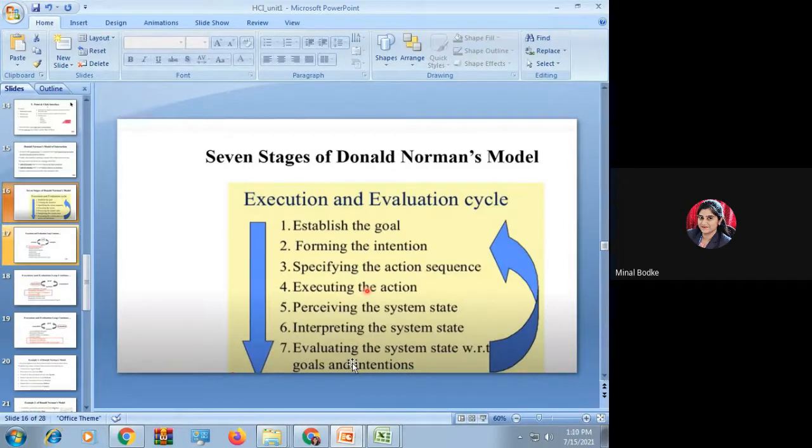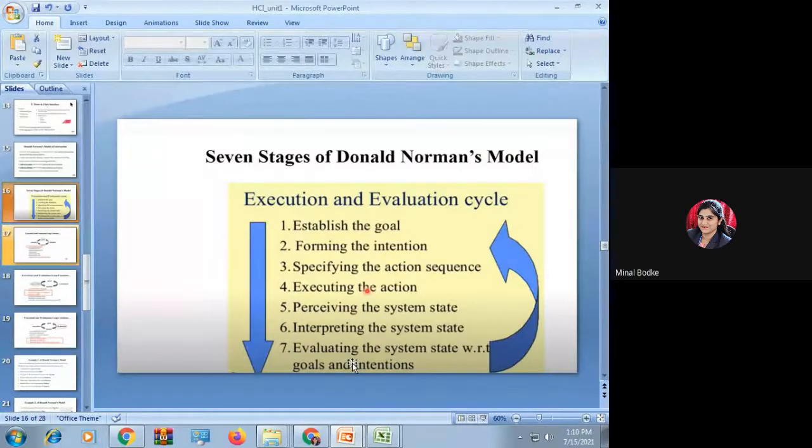Perceive the system state. So when you switch on the button, you are going to look at the bulb instantly and you are going to see the output. If you switch on, so what output you will get? The bulb will glow. Okay, there can be 2 conditions. If you switch on the switch, the bulb will glow. Okay, and even if the switch is on, the bulb may not be glowing.